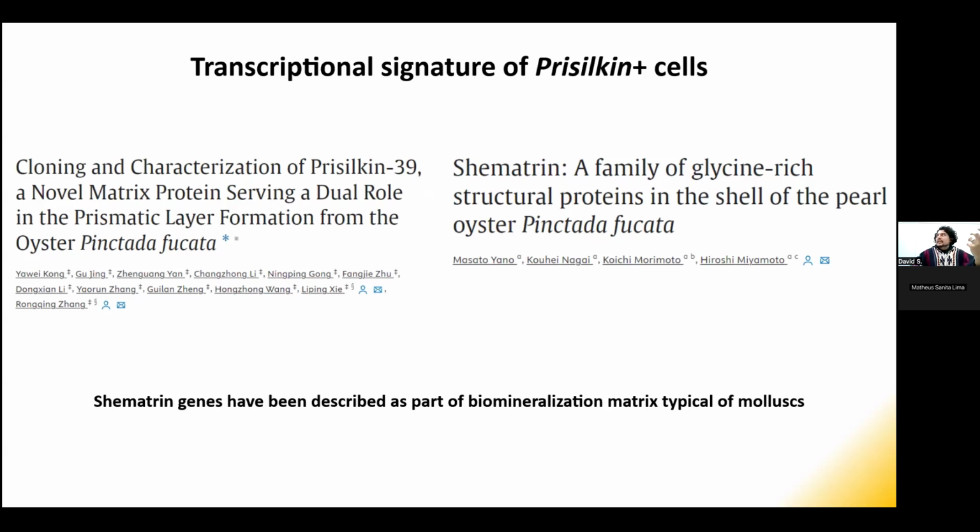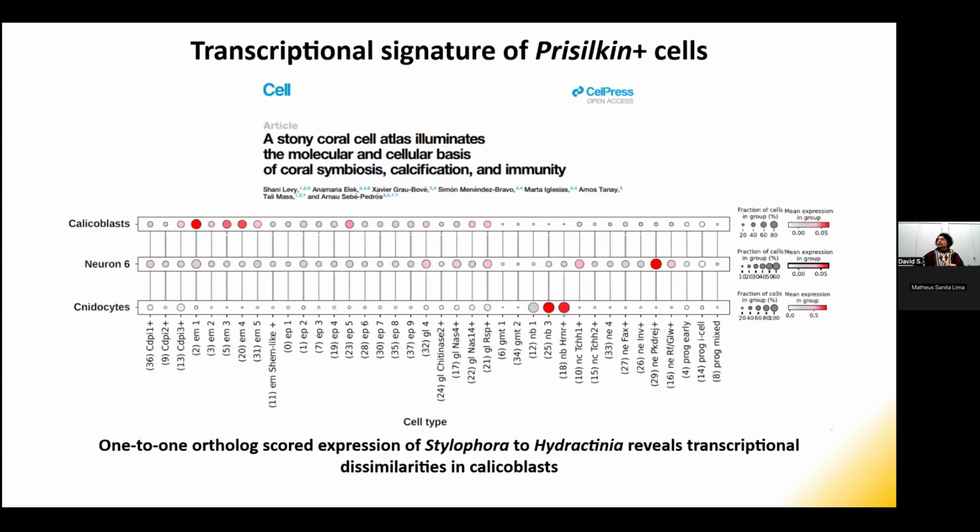And even more than this, when we take the genes that are in these cell types, so the pre-silkin positive cells, and we do a reciprocal BLAST with an already published single cell atlas of a coral, you would think that the pre-silkin positive cells will have a high score of similarity with the cell type in Stylophora pistillata. That's the other cell type that is responsible for developing the calcareous exoskeleton in Stylophora. But no, it seems